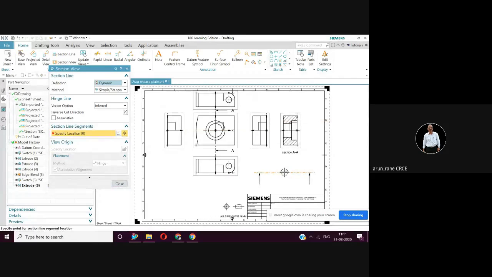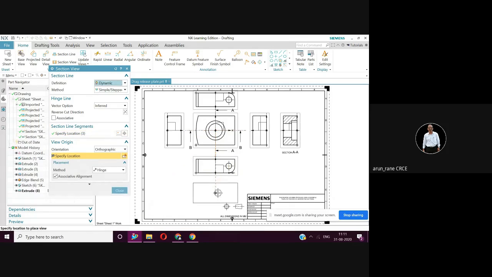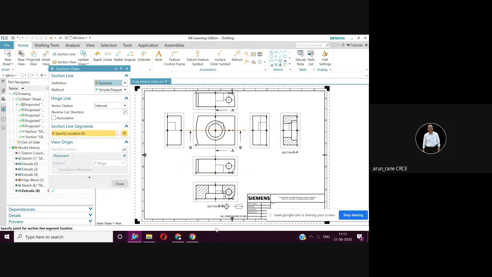You got a section AA, the right hand view with the section lines. Now if you want to see in this direction, you can get section BB, and at any angle you want, you just have to rotate the section plane, and you will get the desired section.